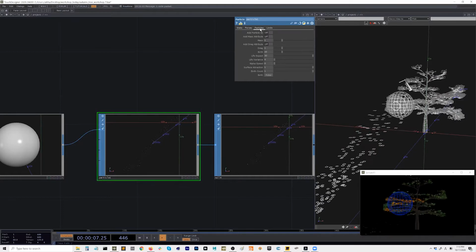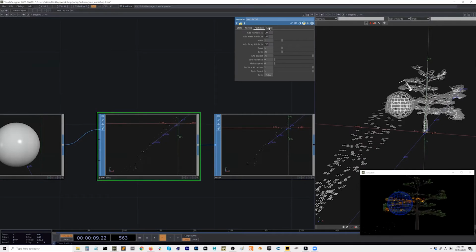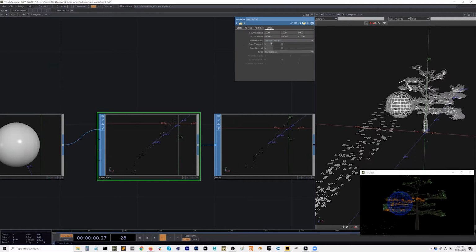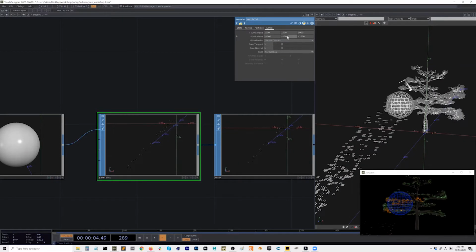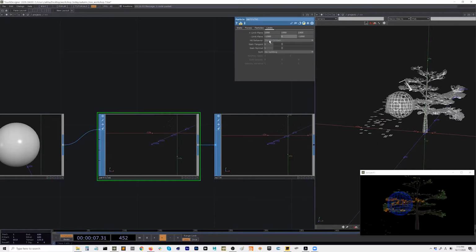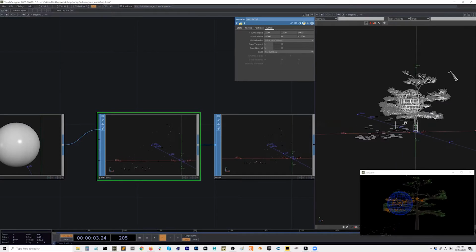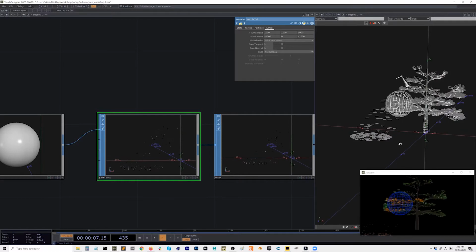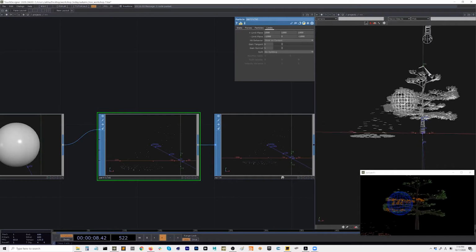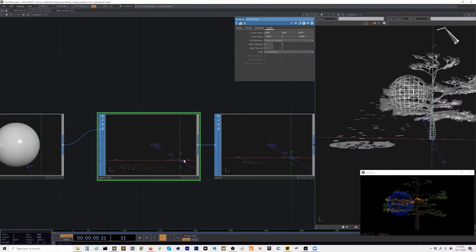So go to the particle's limit page and limit plane, this Y, make it 0. And then hit behavior will be stick on contact. So now they stick onto the ground. That's perfect.